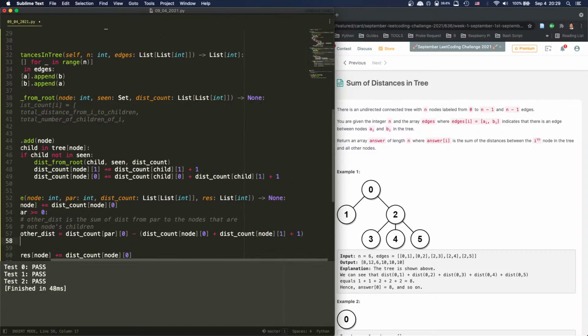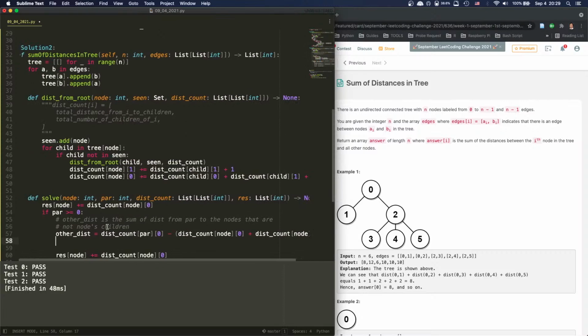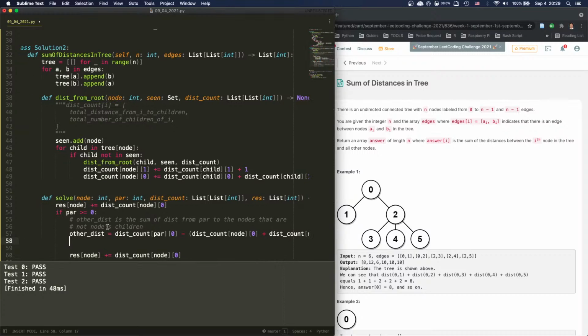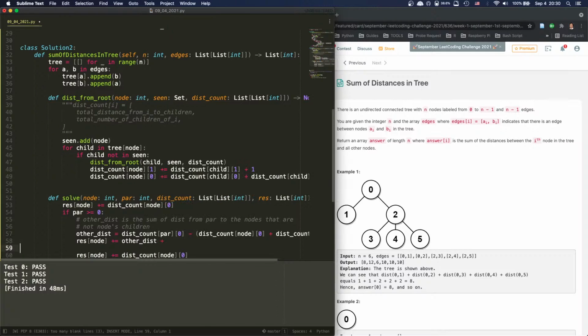So we get the other distance, and now I need to find out the number of nodes that is in here, right? So we can say res node will be plus equal to other distance plus